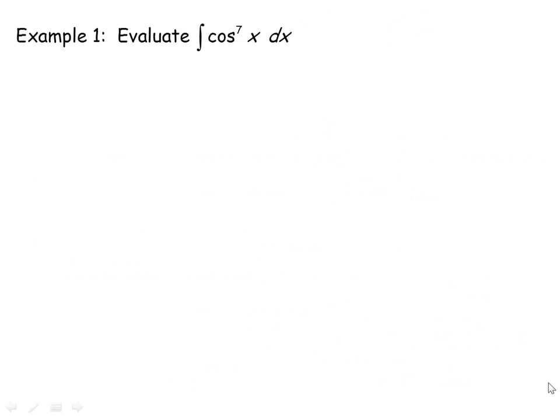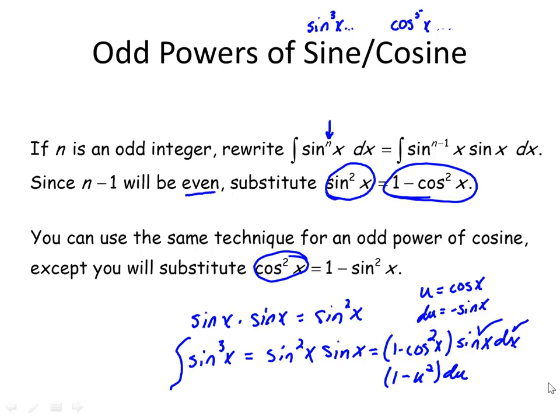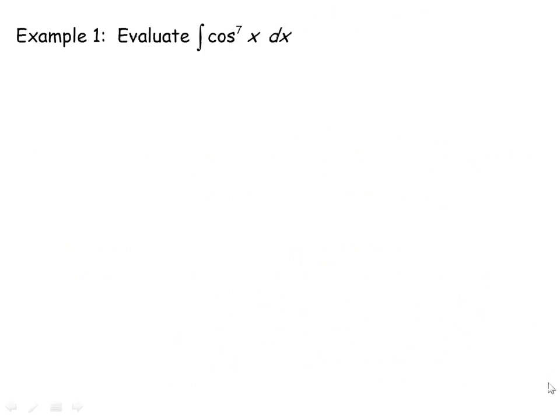Alright, so here you have it. You have the integral of cosine to the 7th x dx. So, what did I tell you to do? What does it say to do? It says lessen it by 1, so that's going to turn into cosine to the 6th x, right? Times that cosine that we lessened it by 1. So it's going to look like this. You're going to have the integral of cosine to the 6th x